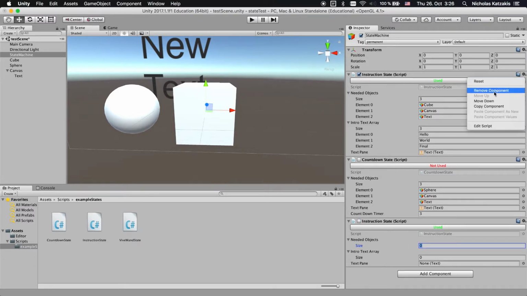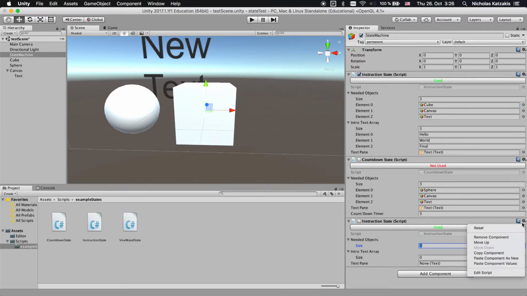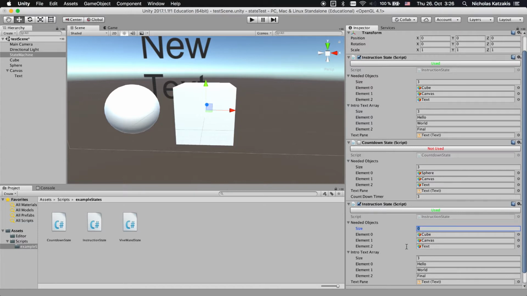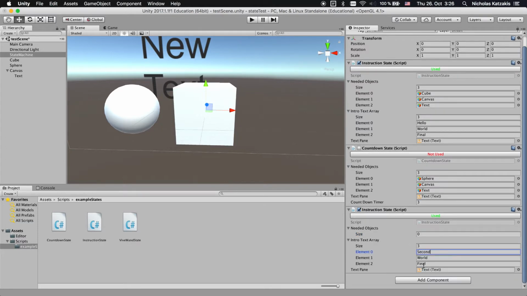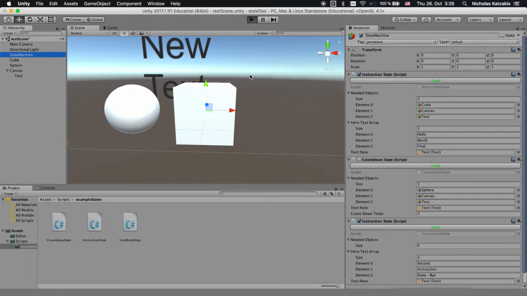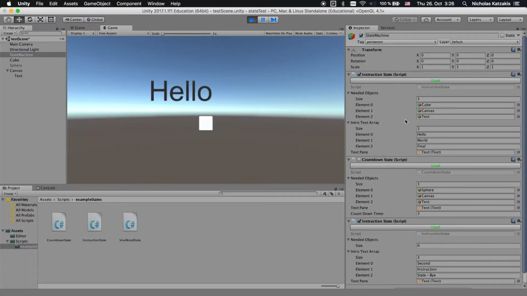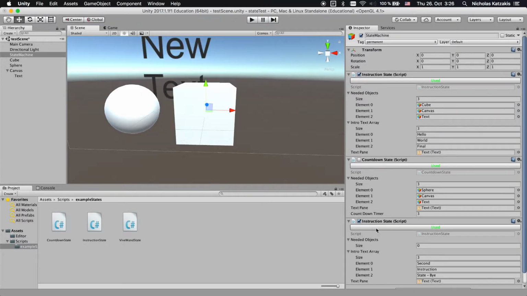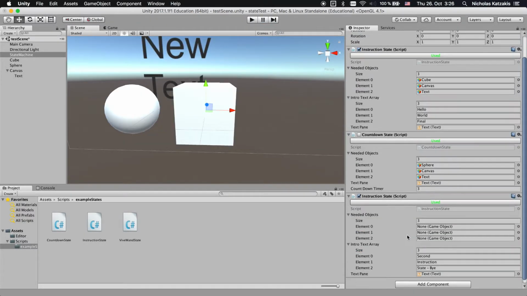And we can just copy the components of this state. Just paste the values here. And second instruction state. Again, another instruction state. So if we run it now, we should see the cube because that's what it needs. And on the other state, you're going to see the sphere. And on the final state, you're not going to see anything because I haven't enabled the needed objects. Let's say cube again,